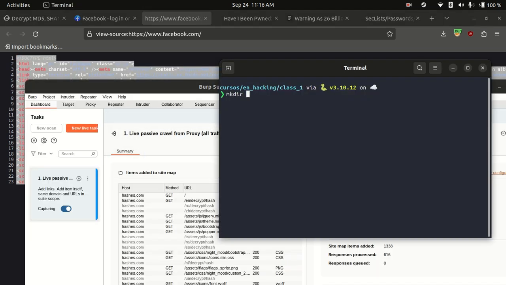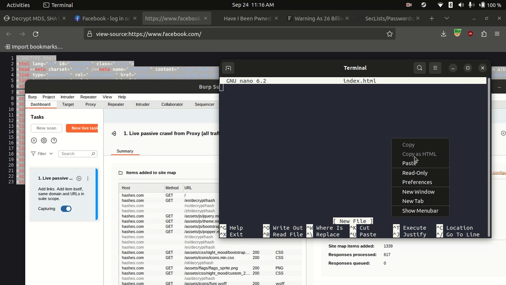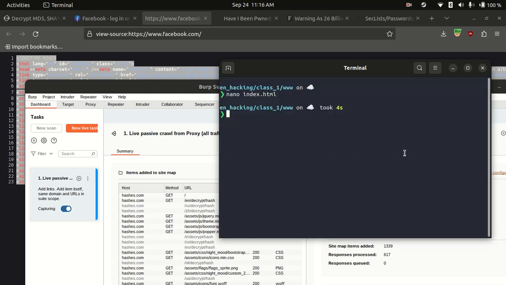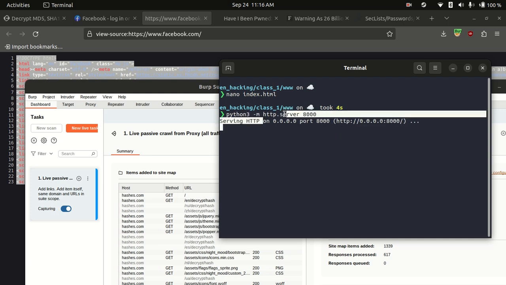First I'm going to create a new folder, www. Go to www and I'm going to put nano index.html, and now I paste what I copied. And now I'm going to put python3 -m http.server 8000. So what this does, it creates an HTTP server, basically a website inside of your computer that you can